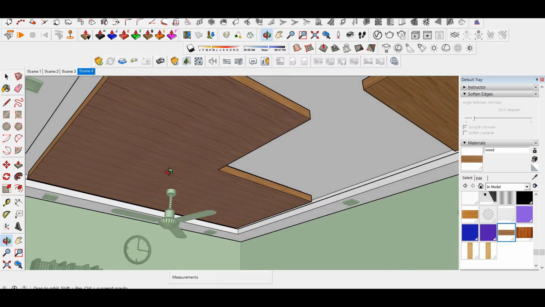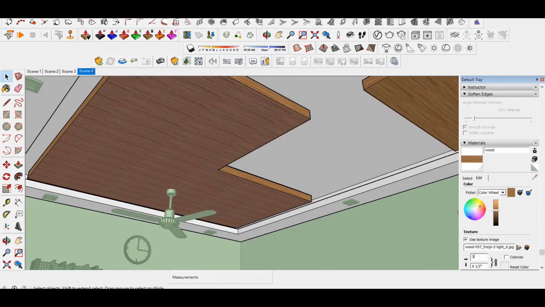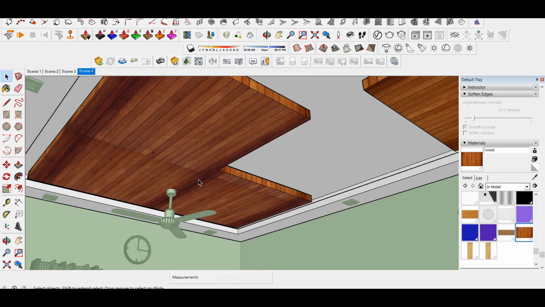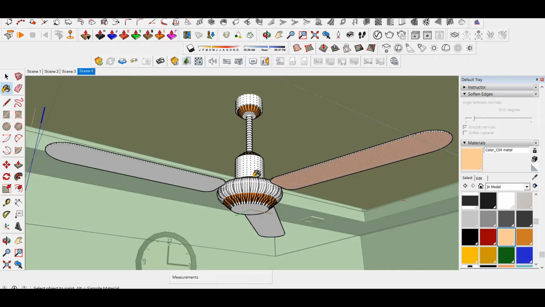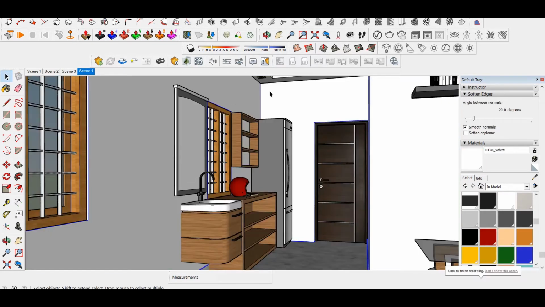So we applied materials to all the objects in the 3D model. Next we start how to use Enscape, and how to animate and how to render the image.